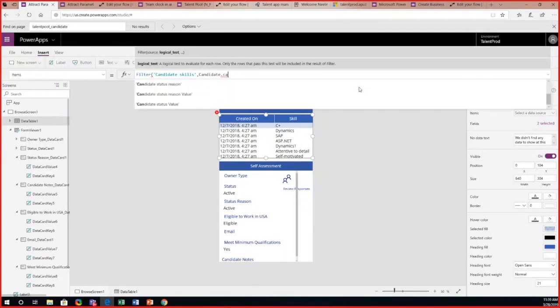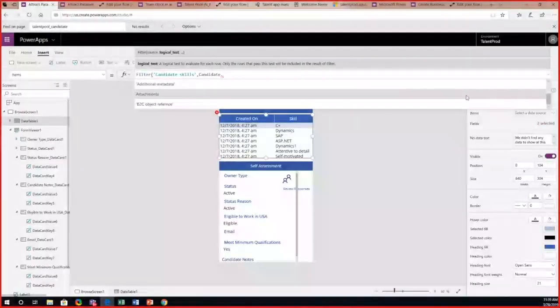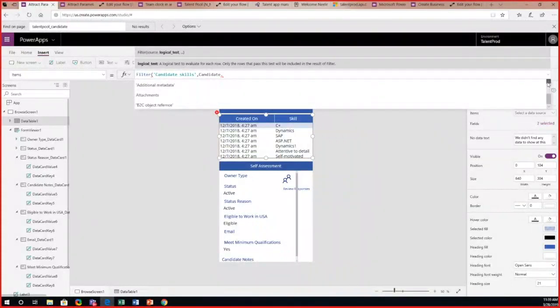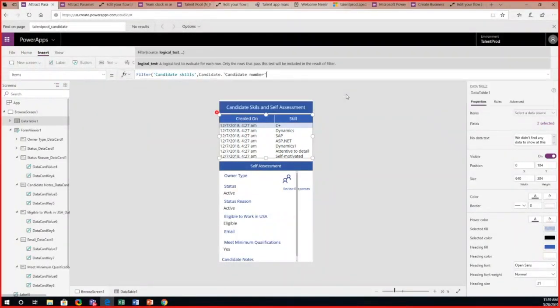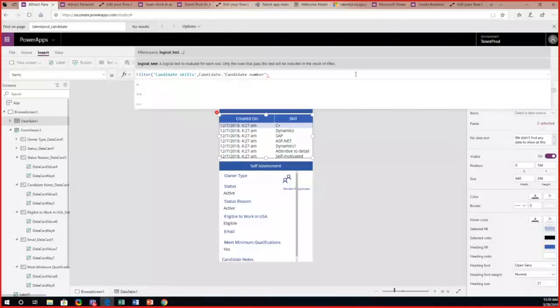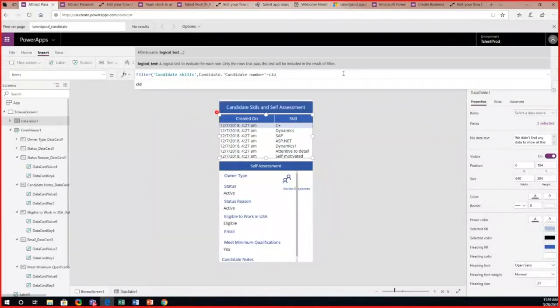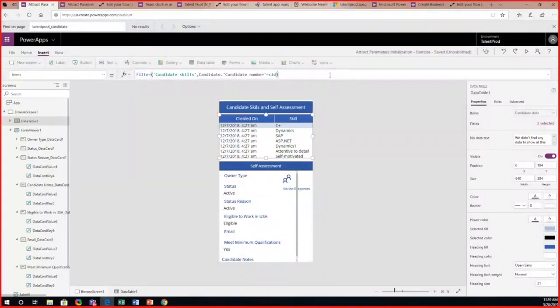So the moment I say that in the flow, you will end up seeing the recommendations it's giving. I'm going to say that I need a candidate number here. So I'll search for a candidate number. Here is the candidate number. Then I'll say candidate number equal to CID. So what is the CID? Let's answer that question as well. Now I'm just closing the syntax. That means I'm filtering the candidate skills using a candidate number, and the number I stored